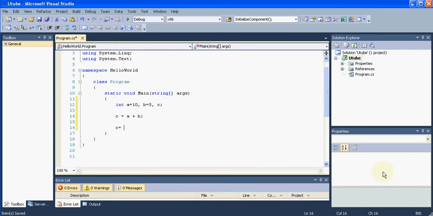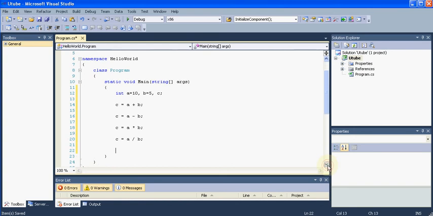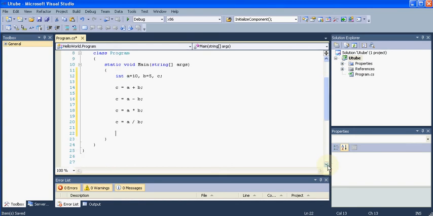And suppose I wanted to get the subtraction of it, I will simply write a minus b. That's above the addition key. And suppose I wanted to get the multiplication, I will just type a asterisk b. This will give me the multiplication of a and b. If I wanted to get the division of a and b, I will simply write c equals a by b. So these were the arithmetic operators for addition, subtraction, multiplication and division, and there are many more, like